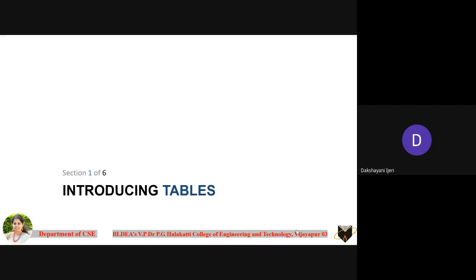So, introducing the table. Tables are not new to you all, right? You might be using tables for one purpose or another. You might be seeing them every day. The best example is the timetable that you might have with you. The timetable which is given to you is in the form of a table itself. Everything that makes it easier to read can be constructed in tables, if it is feasible.